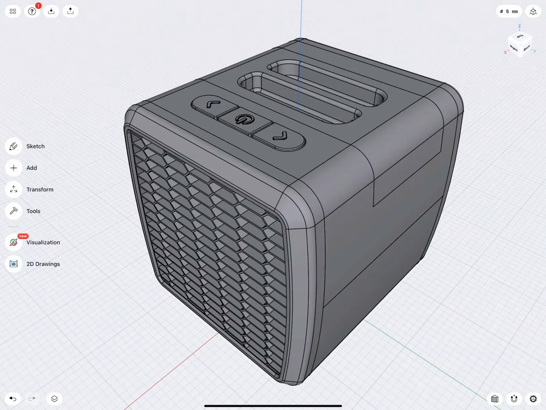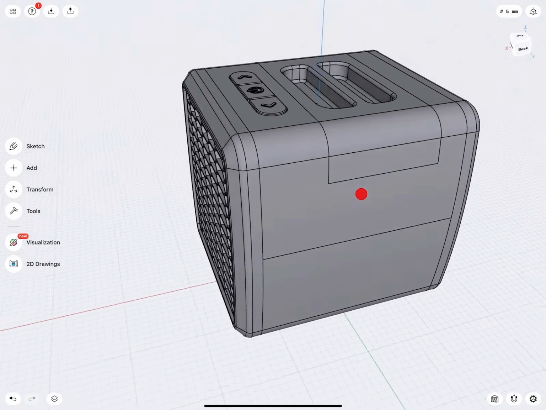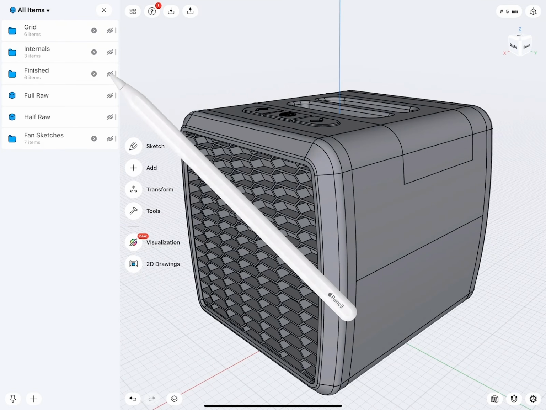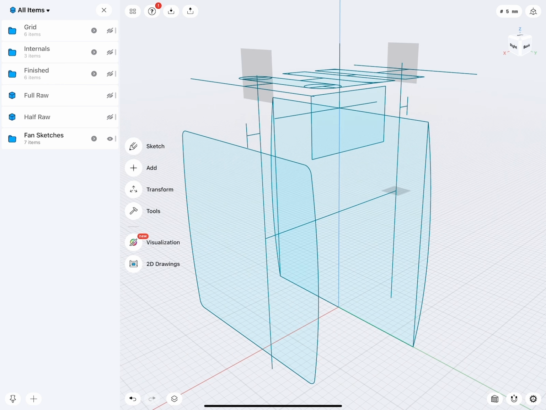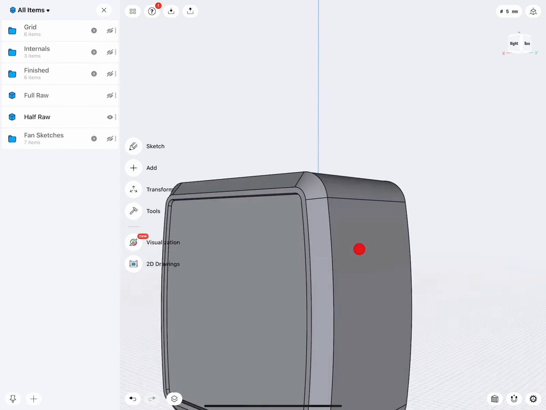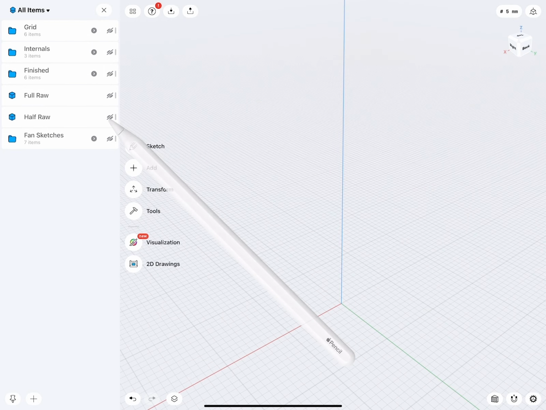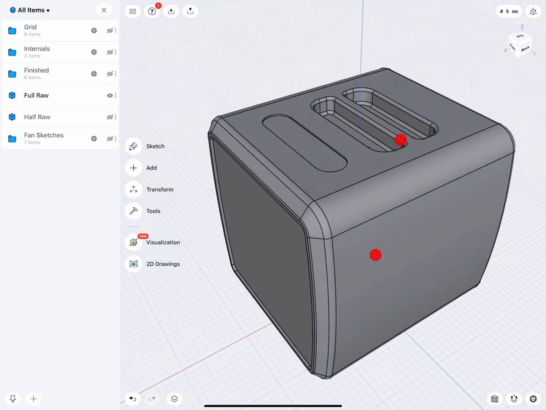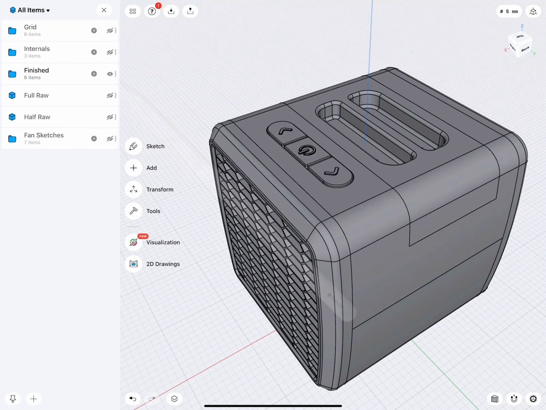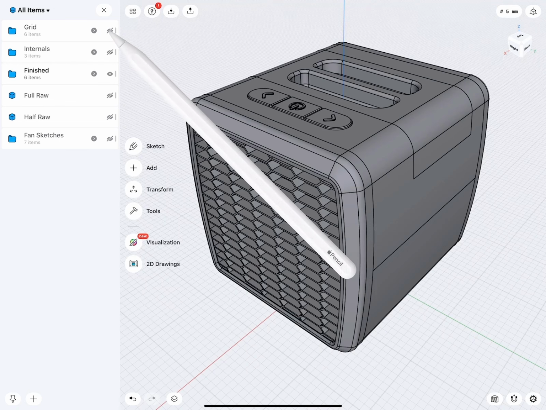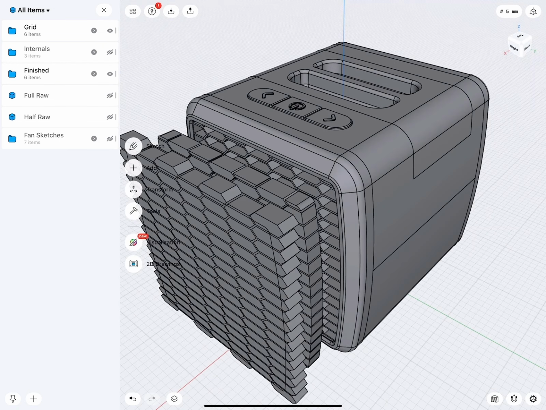Hello everybody, and welcome to this process tutorial, how to model this interesting looking air humidifier concept in Shaper 3D. We will start with taking a look at the existing sketches, build then a half study model, multiply it, add then all the interface details to it, and then we will core it out, slice everything into shell parts. I will also talk about how I created the grid in the front.